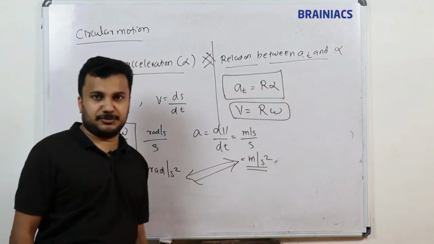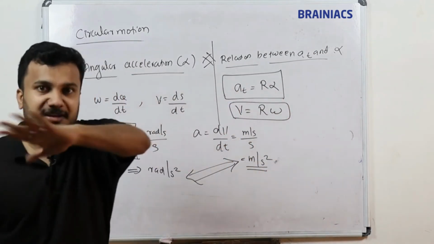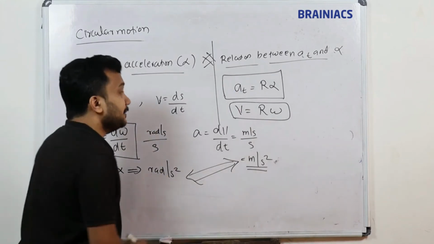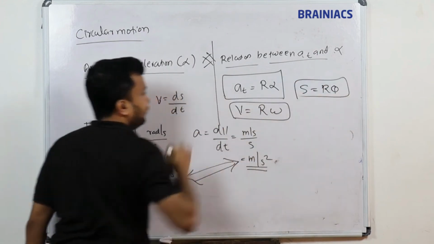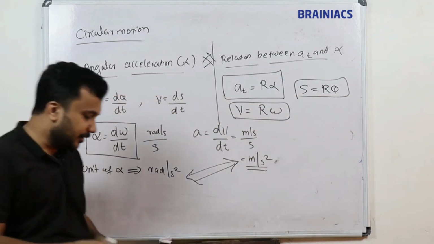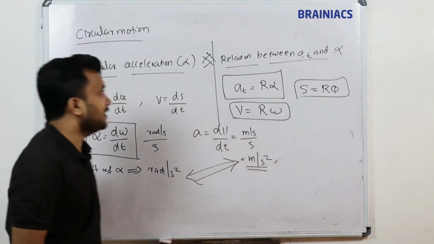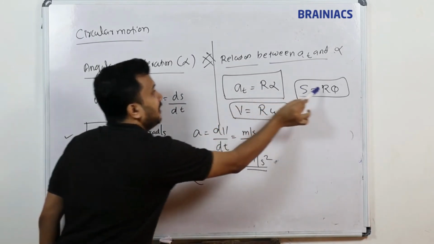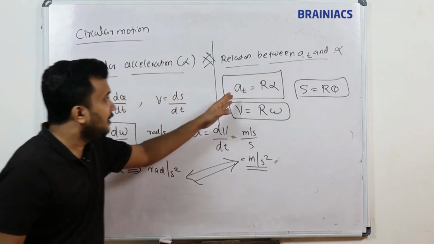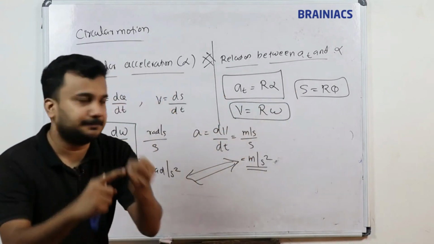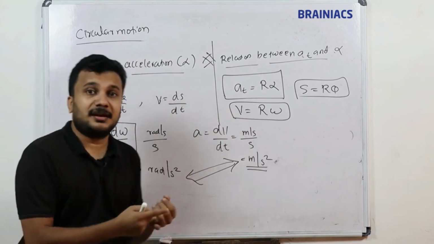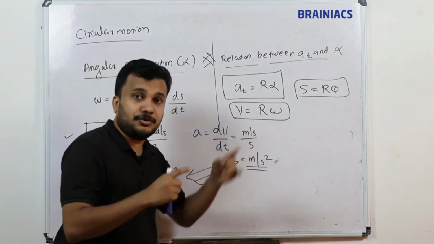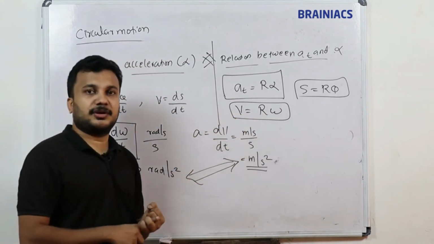In these two equations I am speaking, with respect to these two equations, not in a generic way. Similarly, we have seen S is equal to R theta. There is a beauty in these equations. What is extra? R here, R here, R here. These are linear quantities. S is called displacement. S equal to R theta: R into angular displacement. V is called linear velocity: R into angular velocity. V is equal to R omega.